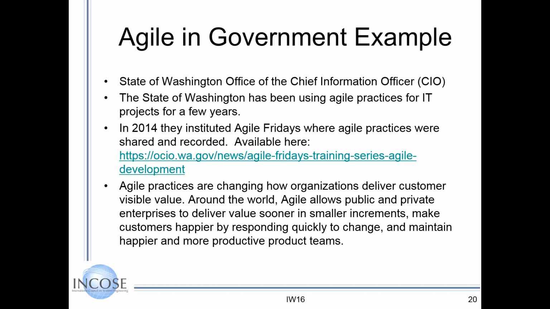So in the other example, besides the bike share, when I was building a car week, Joe invited me in from the state of Washington office. In Washington, they were starting to use Agile practices on projects, and this was toward the end of 2014, and they'd been doing this for over a year.